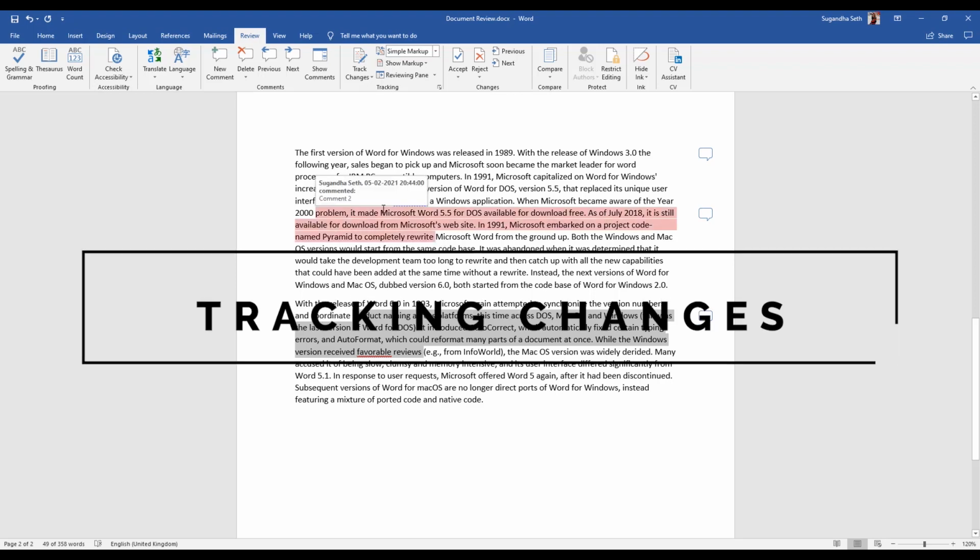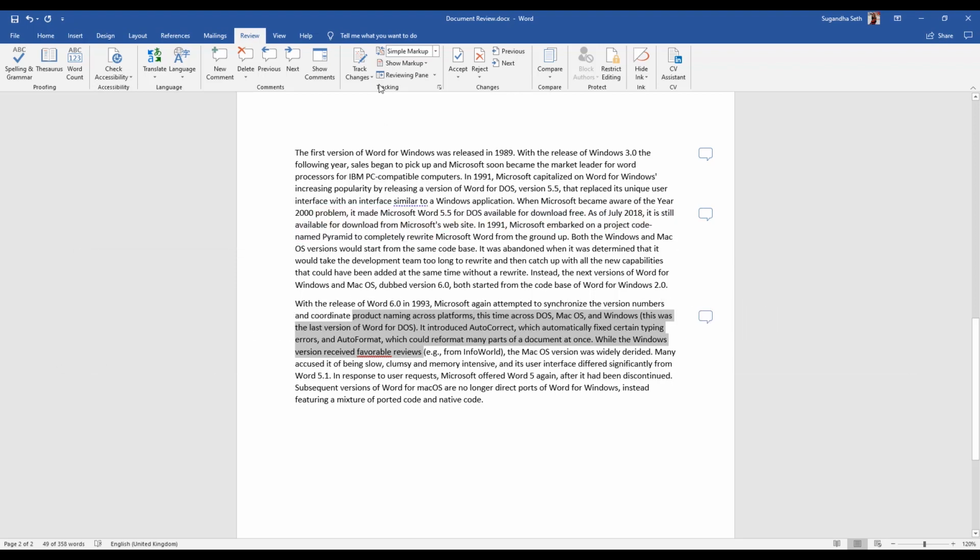Next, we'll move to the tracking concept. Now, the tracking concept is very useful. I'll just click on Track Changes. Clicking on this means I have turned on the changes. Every time I make a change to this document, which could be the addition of a sentence or the removal of a sentence or a word, it will all be tracked. Let's see how it works. If I want to delete this particular statement because I think it doesn't fit here well, I can just delete. This red mark here shows that there has been some change made by the reviewer to the document.